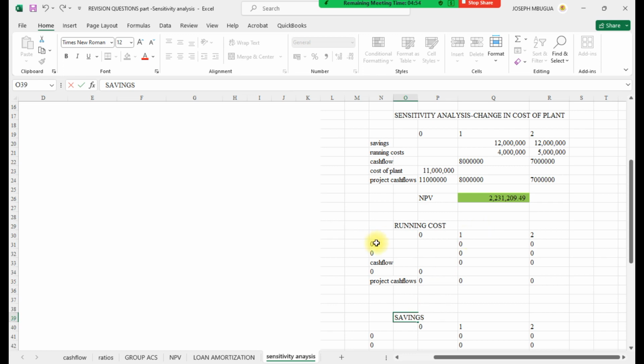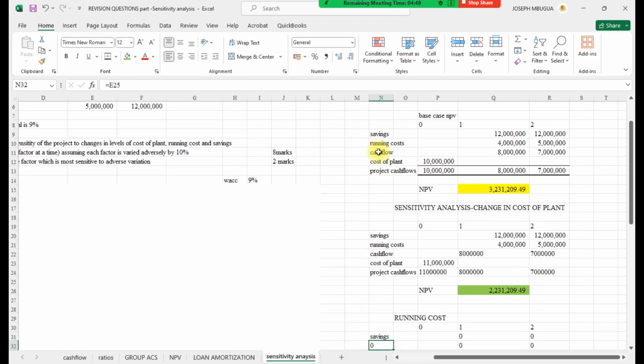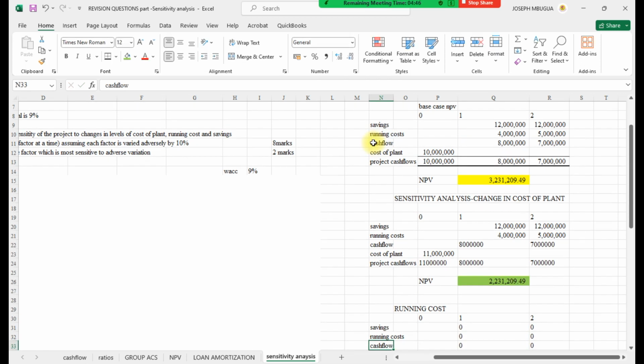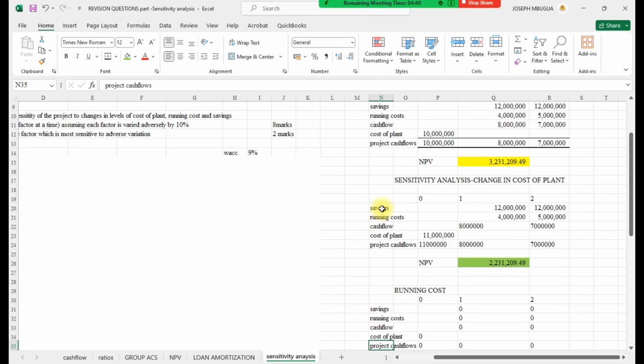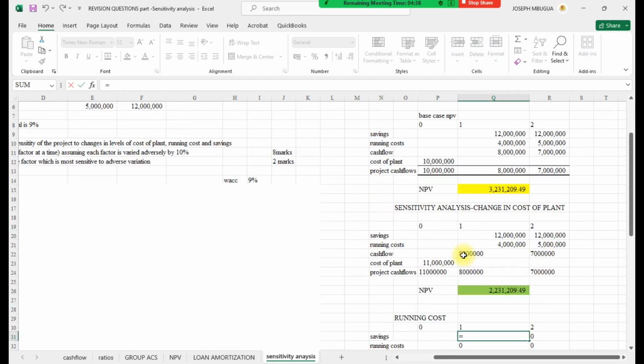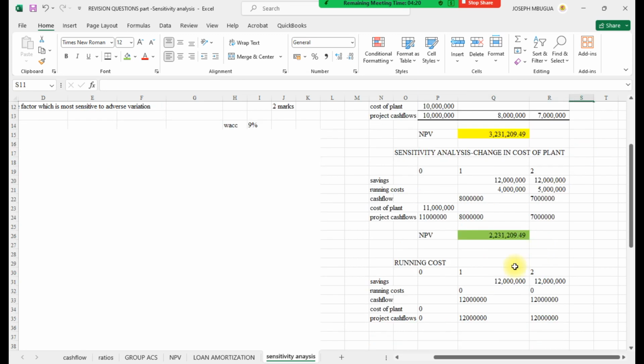So here we are varying the running costs. So this one, remember, we just fix the values. So that is savings, running costs, cash flow already we have. This was the initial costs, the cost of plant. The savings are constant here. The only thing that will change is the other values. Because we did not do lockings, the values are changing, or we are not able to copy the values directly. So here now we shall change the running cost.